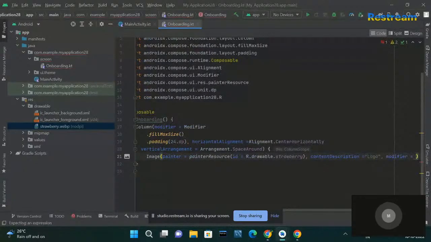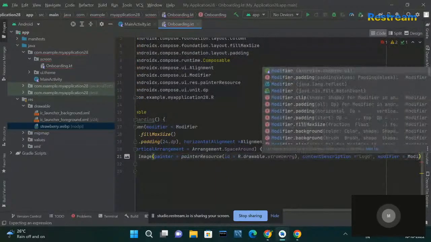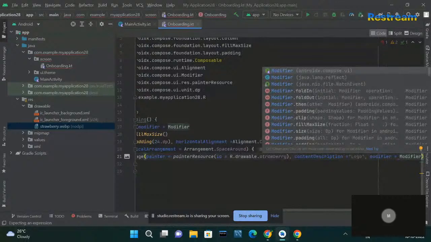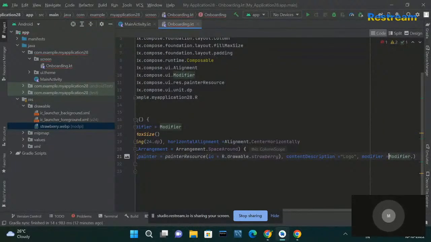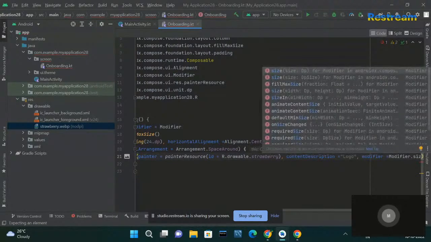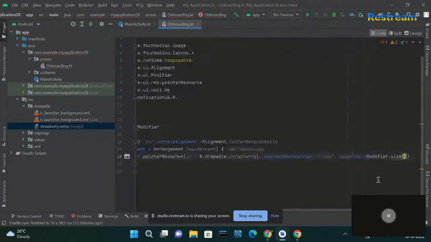Modifier is equal to modifier. What I'm going to modify is, first, the size of this particular image. In order to modify the size, I'm going to use the word size. I'm going to type size, and inside the parenthesis of size, I'm going to give